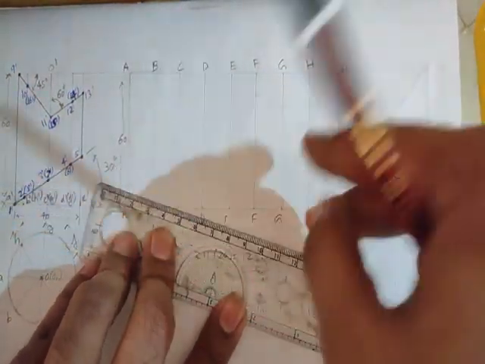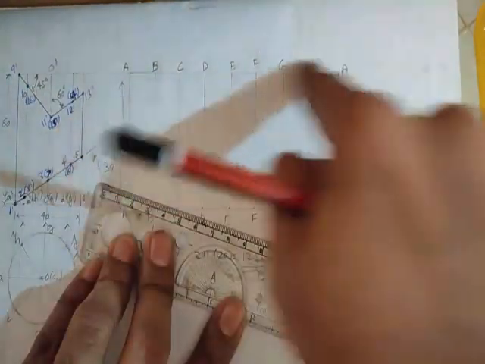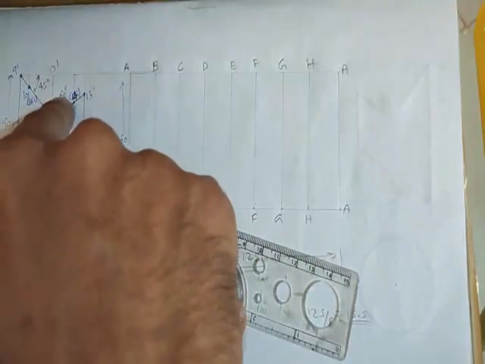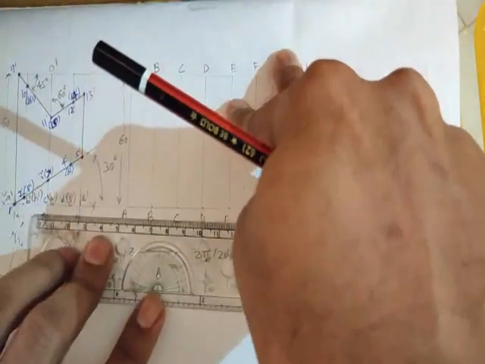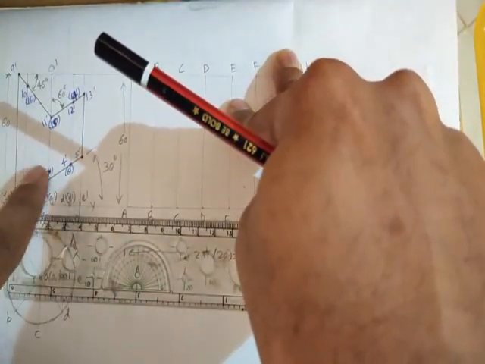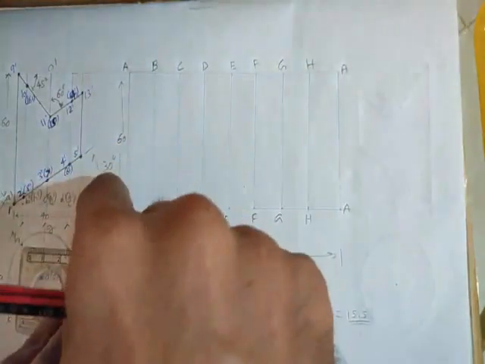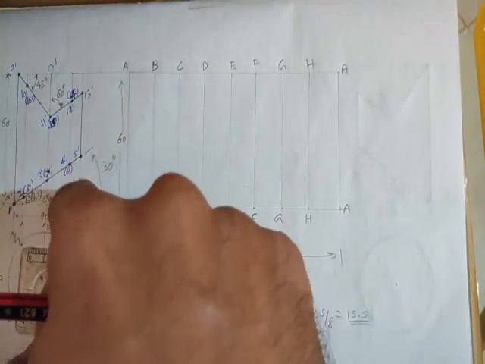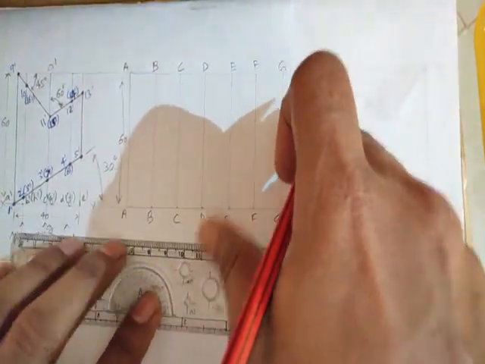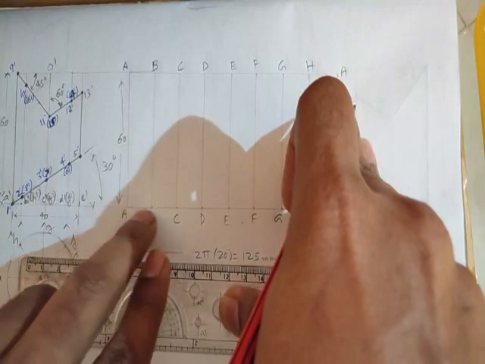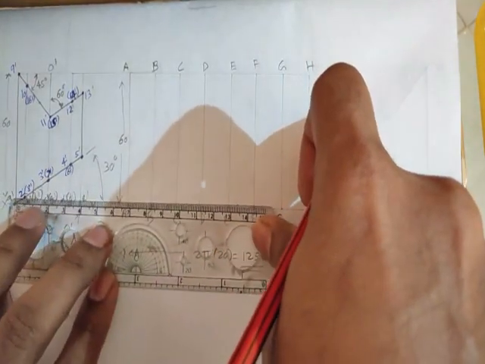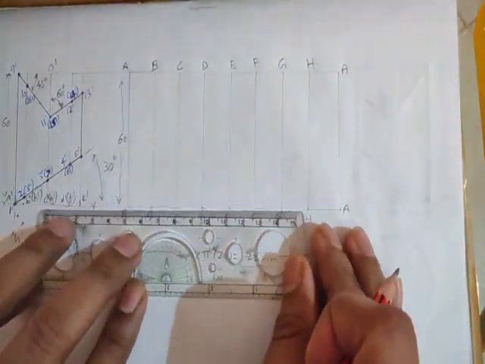Now all I need to do is draw parallel lines using the parallel line method and transfer these intersection points onto the respective generators. So what I'll do is, from each intersection point I'll draw lines which are parallel to the XY line, and I will make them pass through the entire development of the cylinder. So there is nothing to draw for 1 because it is on the XY line itself, it's a continuation. For 2, 3 and others I'll start drawing.